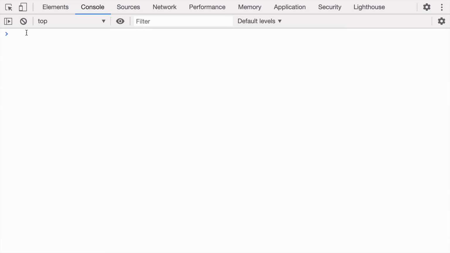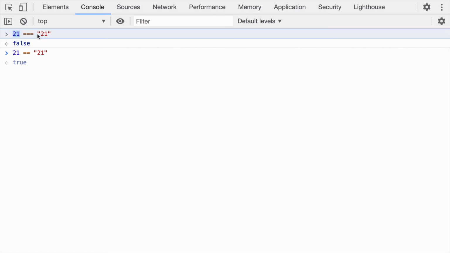A lot of times people can trick you with the question of 21 equal to 21 with triple equal to and double equal to. The first thing you need to notice is that only when there is a difference in types will the type conversion happen. Otherwise, the result of double equal to and triple equal to will be the same.